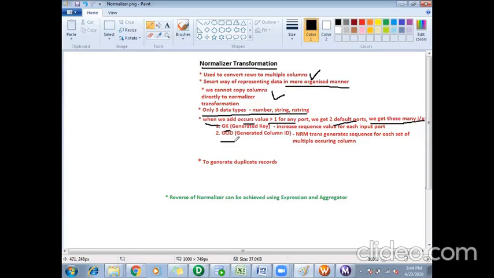We'll see what values these ports hold and what the difference is. But as of now, whenever I give an occurs value greater than 1 for any port, it does 2 things for me. One, it will create that many input ports for that particular port. In addition, it creates 2 default ports, one called GK and another called GCID. GK stands for generated key and GCID stands for generated column ID. We'll see what it is.